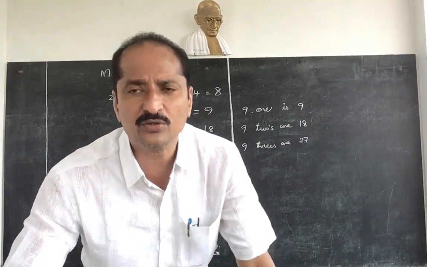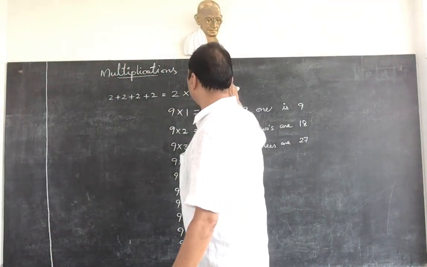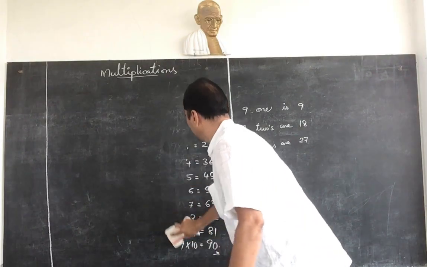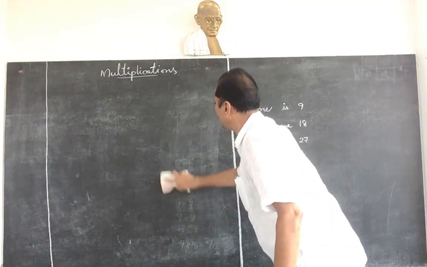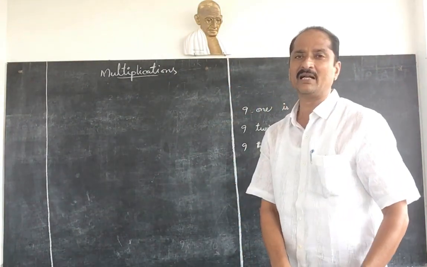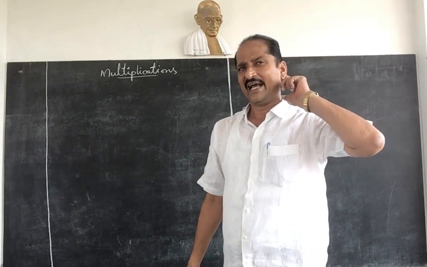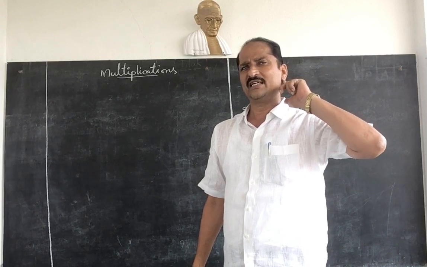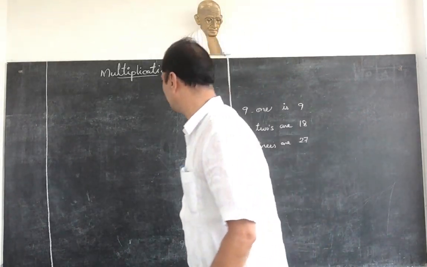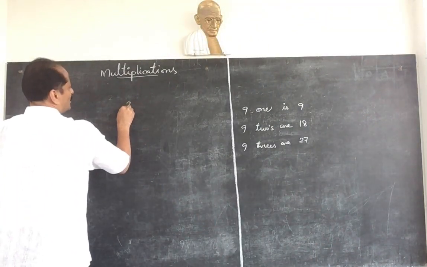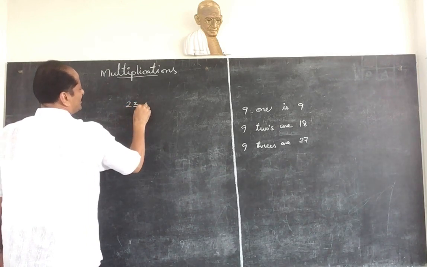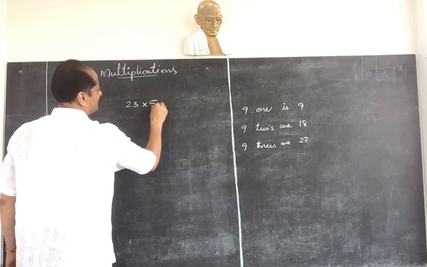Now, how can you multiply 2 or more numbers? Before going to do these multiplications, once again you can check here carefully. For multiplications we need to learn the tables. And before going to that, just how to multiply, that also. For example, 23 into 5. 23 we should multiply with 5.